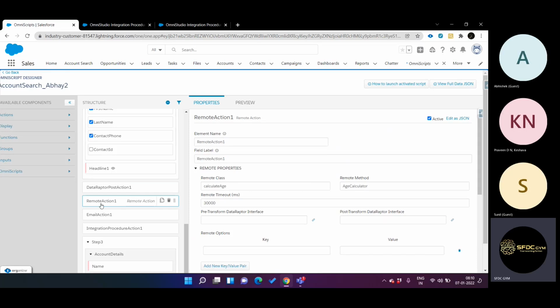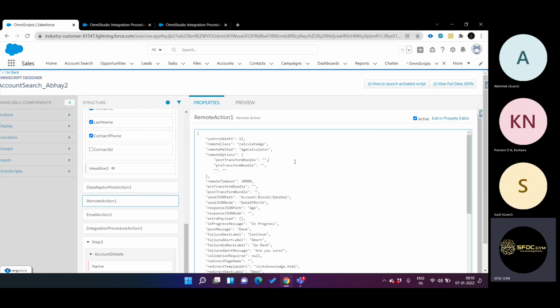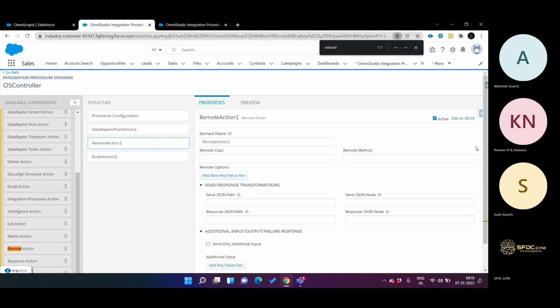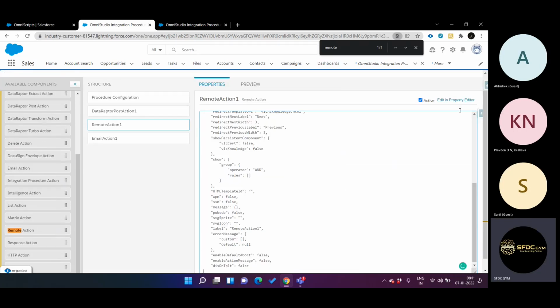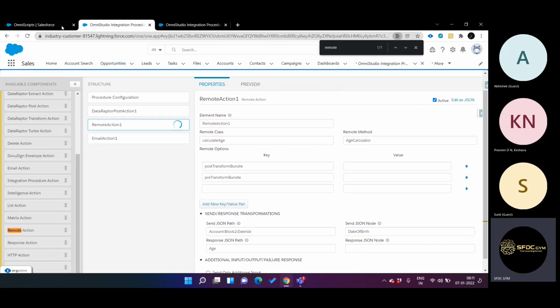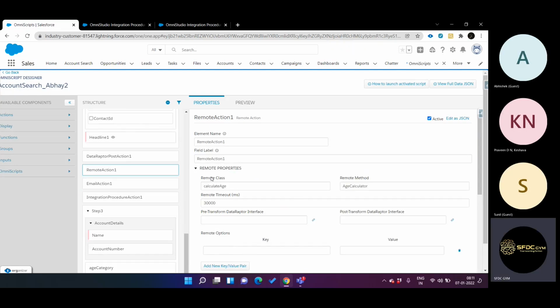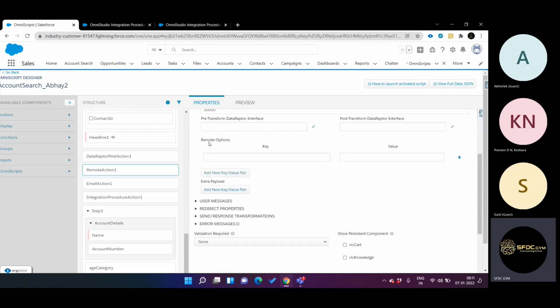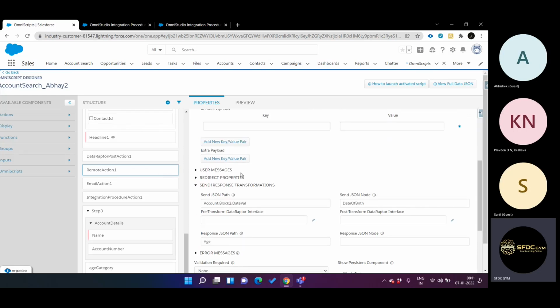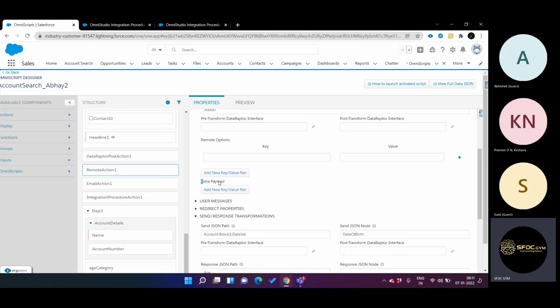So let's discuss the other, and then I will tell you what additional things we need to perform here. Say this is the remote action. Let's do the same thing. Go to the remote action, copy paste the JSON back here. Now you will see in remote action there are options like remote options, extra payloads, and send response. In our remote action, we are not passing any extra payload. We are passing the entire information from this account